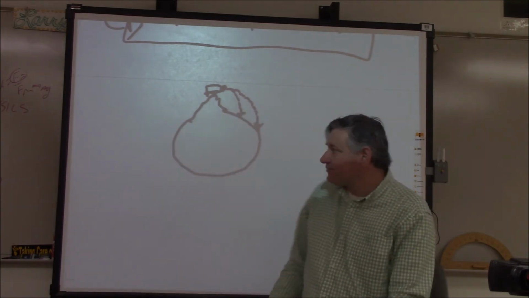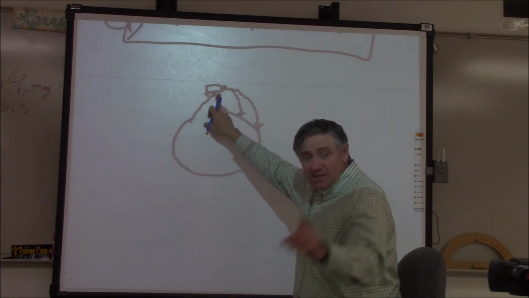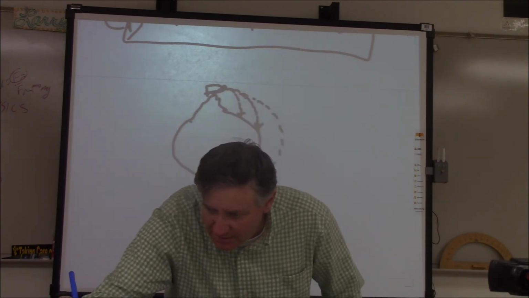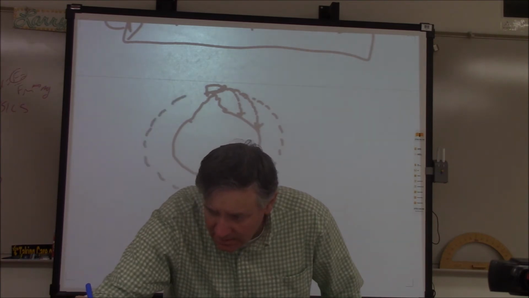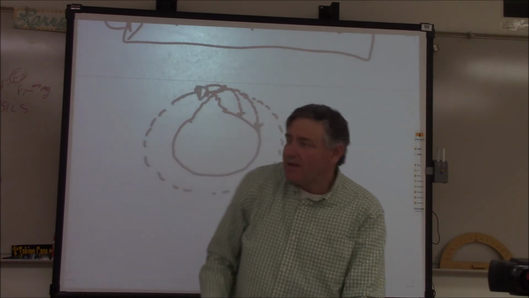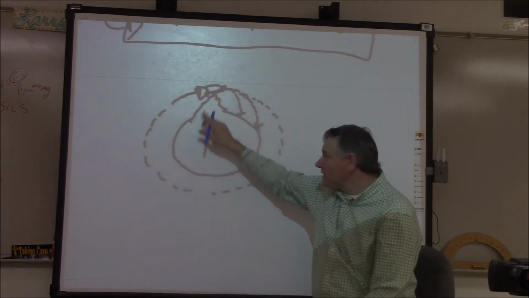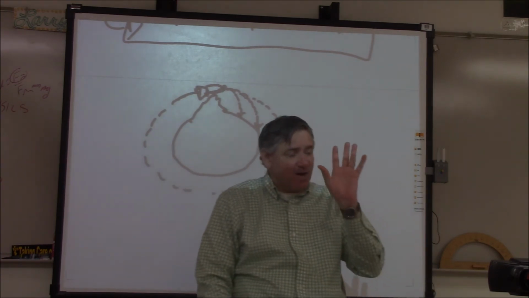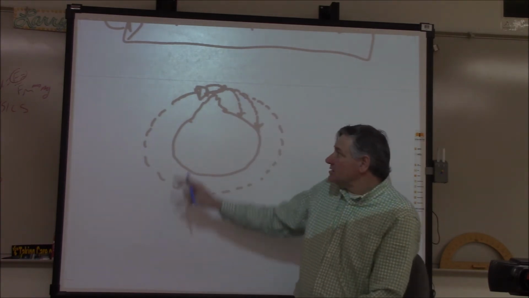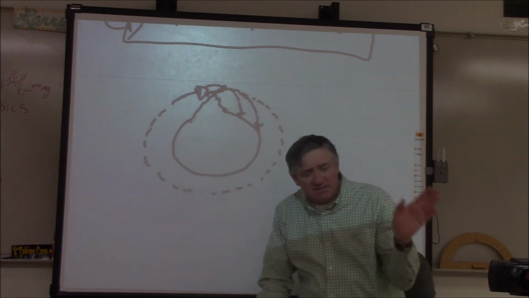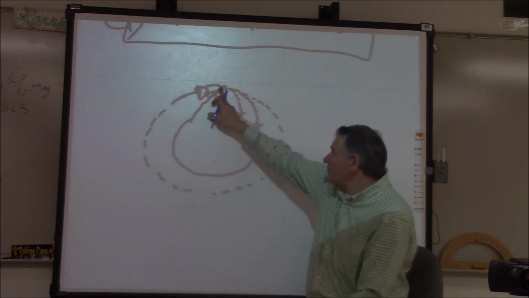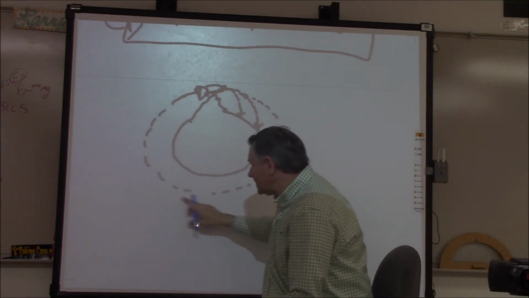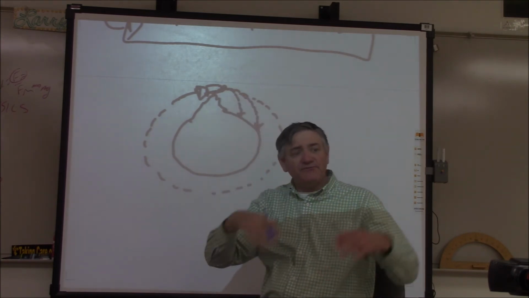It's going to go further. Now, imagine that we put in even more gunpowder. And then it's going to go something like this. And then it's going to come back around, and it's going to hit the back of the cannon. So when something's in orbit, you have to understand what happens. When something's in orbit, it isn't because it's in zero gravity. If it was in zero gravity, you would shoot the cannon, it would just go off like this. When things are in orbit, it's because they're in a state of free fall around the